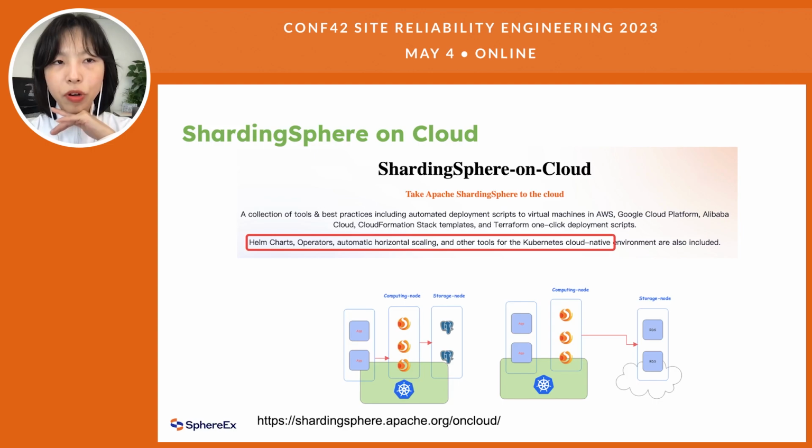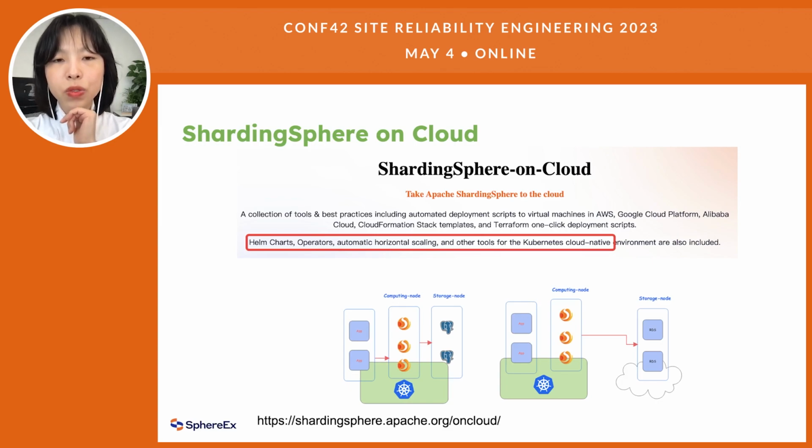So in the next part, I need to introduce the out-of-the-box deployment, especially on Kubernetes. Sharding Sophia on Cloud, this repo here, can help you quickly deploy the Sharding Sophia proxy on Kubernetes. One command deploys every element of this project.